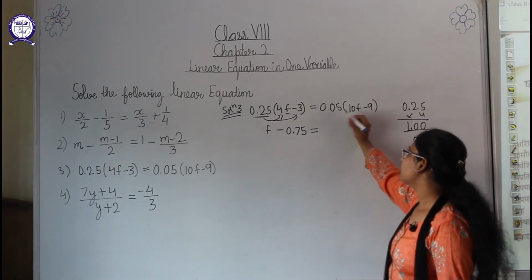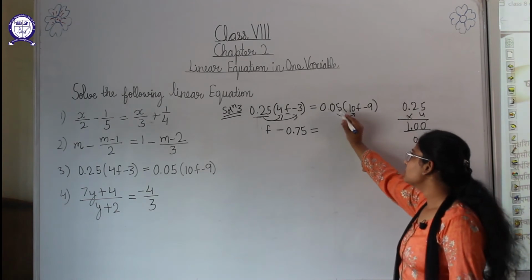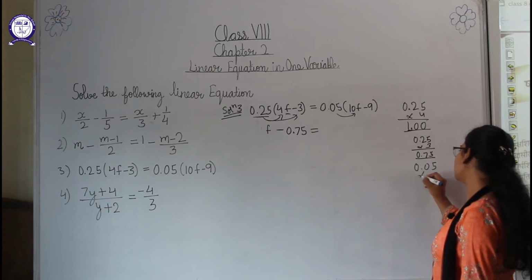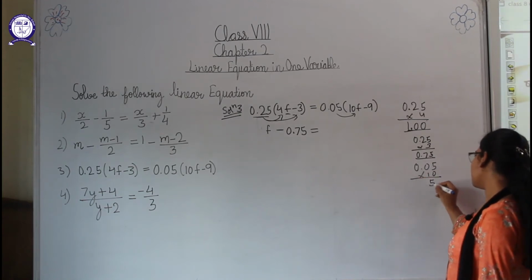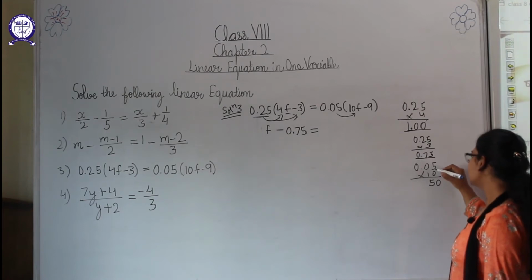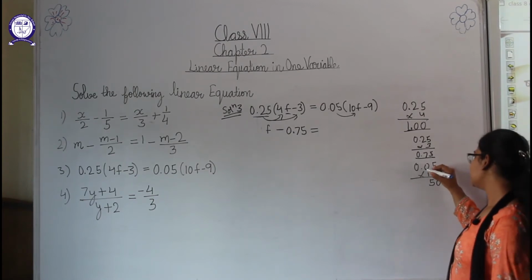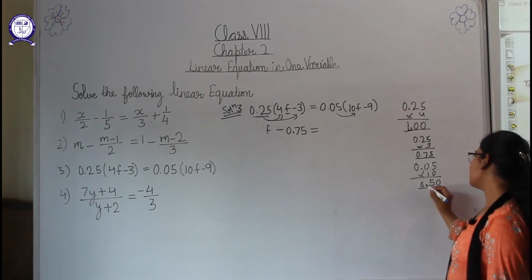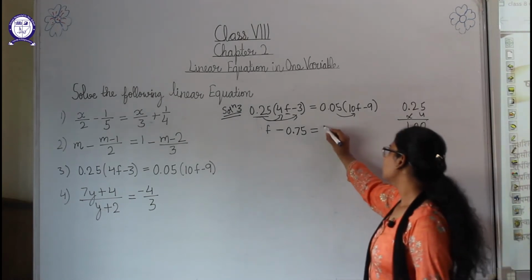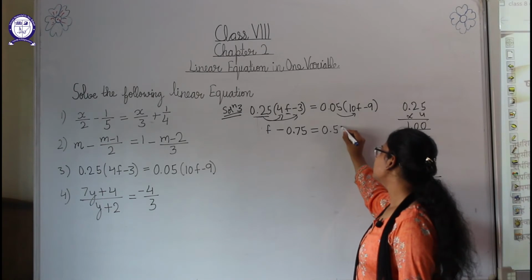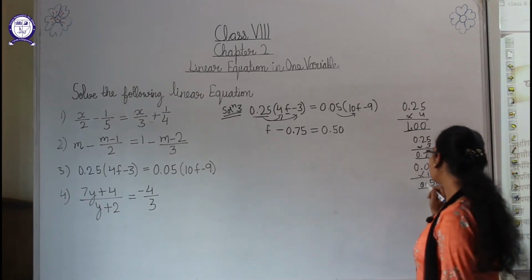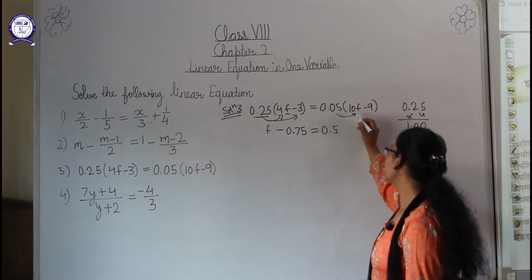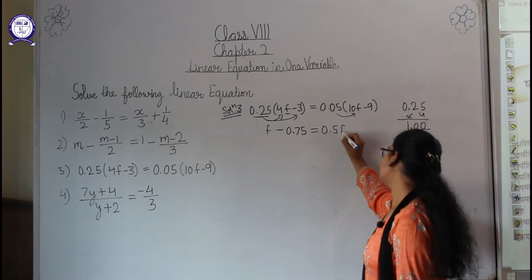0.05 into 10f, what will be the answer, students? 0.05 into 10 will be, you can do here 0.05 into 10. Here when we will solve, we will be getting 50, and as the decimal here is before 2 digits, so our answer will be 0.5, and we can write like this, 0.50. Okay, this will be our answer, and we can delete this 0 also. So our answer will be 0.5, and f is in multiplication, so we will put f here.